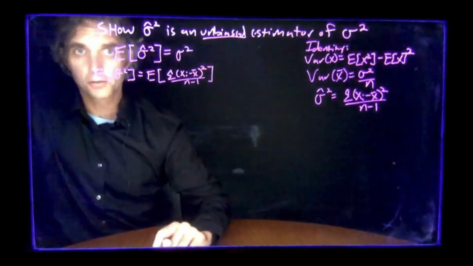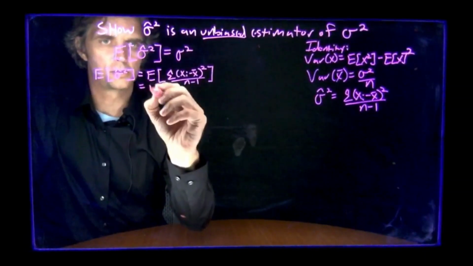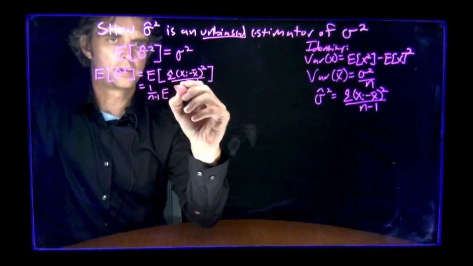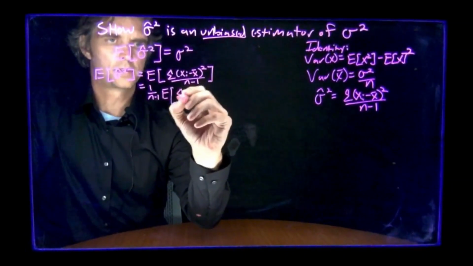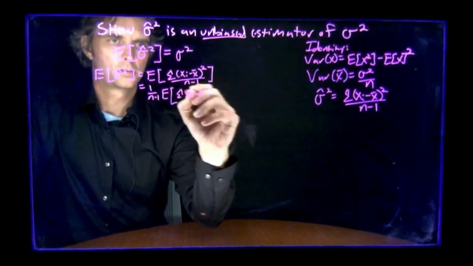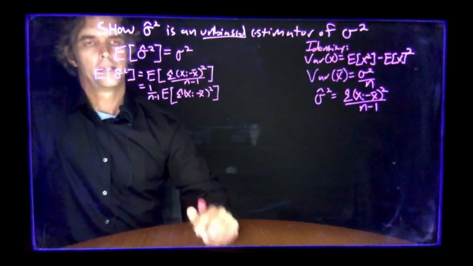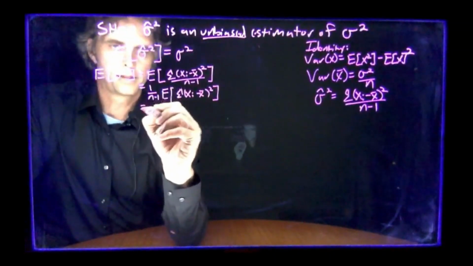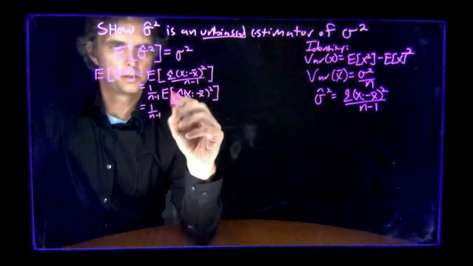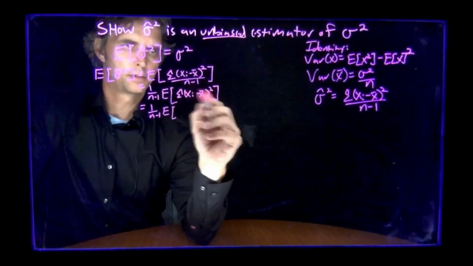And we're off to the races. So this will be equal to, that's a constant, so that's 1 over n minus 1 times the expected value of the sum of xi minus x bar squared, and then that is equal to 1 over n minus 1 times the expected value of, now we're going to